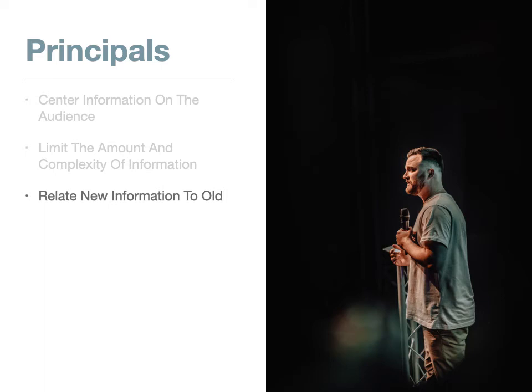Relate new information to old information. A popular technique for understanding the unknown is to connect it to the known. We actually learn information and retain it longer using this method. Relate the unfamiliar to the familiar, the unseen to the seen, and the untasted to the tasted. Again, that's kind of a cornerstone of our learning process. If you know something already, it might be easier to learn something else if you apply or juxtapose that known thing to the unknown.